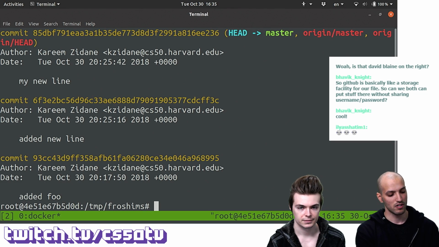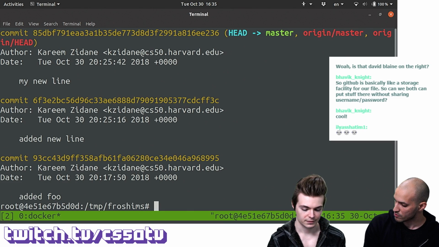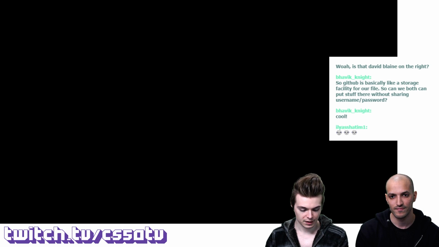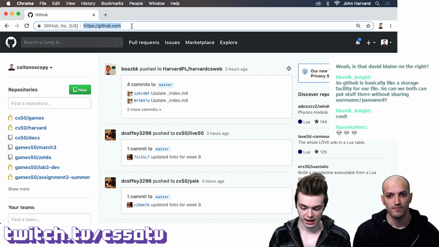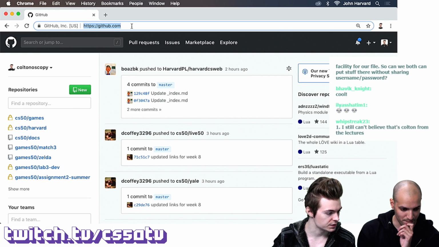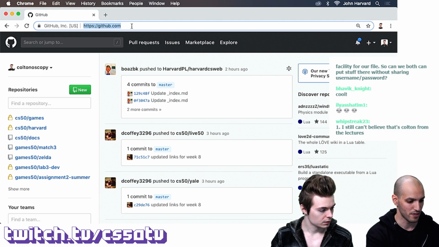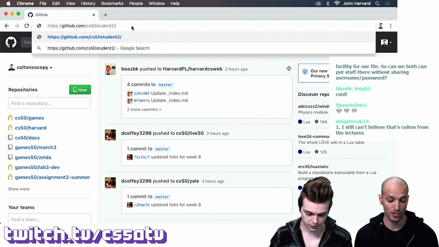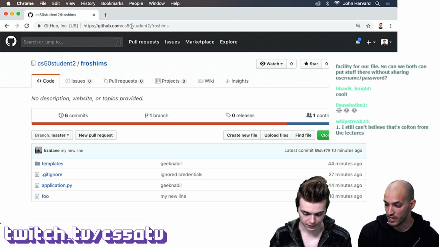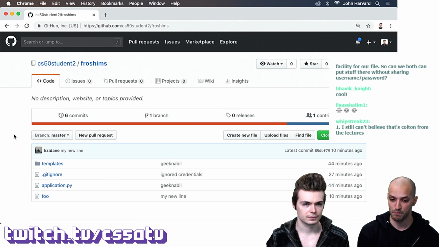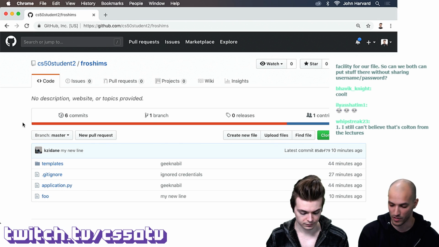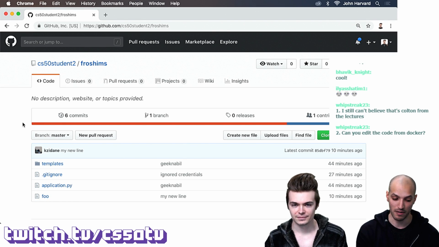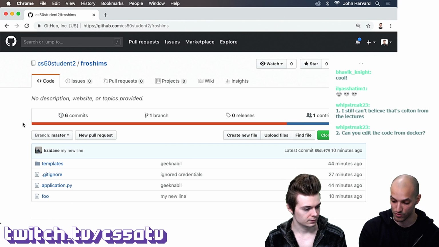All right, so do you want to switch to your computer now to make a tiny change? Sure, okay, so we'll go to mine. I'm going to go to my GitHub. By default, it's going to show my dashboard here. So I want to go to your repo, right? What's the URL of your repo again? The URL of my repo is github.com/CS50student2/frosh.ims. Okay. And we mentioned earlier that other GitHub usernames won't have push access to this repository.